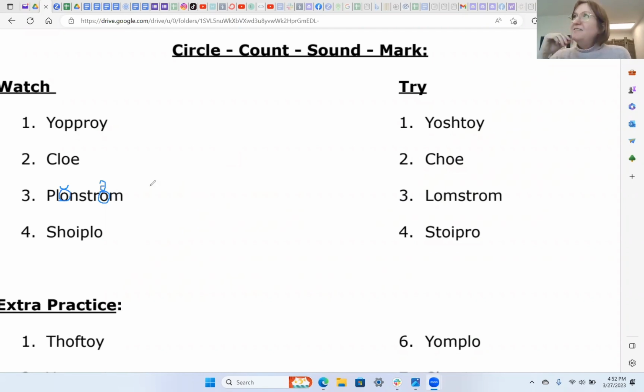Okay, I'm trying to think of... I have "Y is a vowel if it's not the first letter" stuck in my mind right now. So I'm having a hard time remembering that O says "oh". Yeah, O says "oh" when it's almost to the end. So when we pencil read this word, it's O, ah, s,